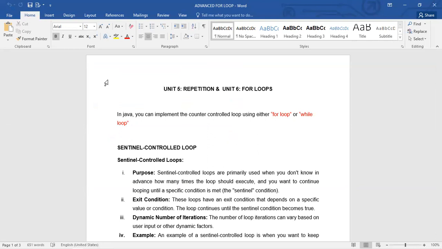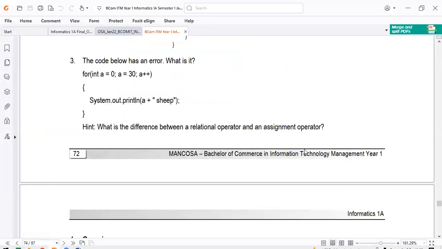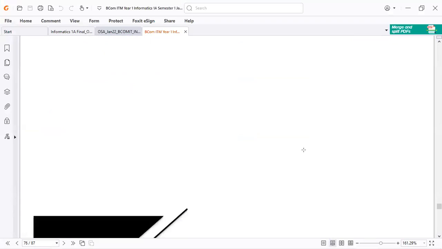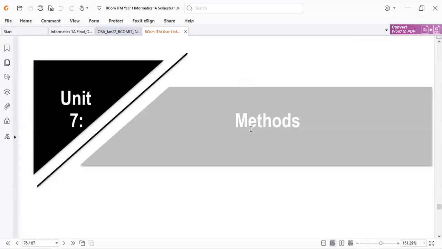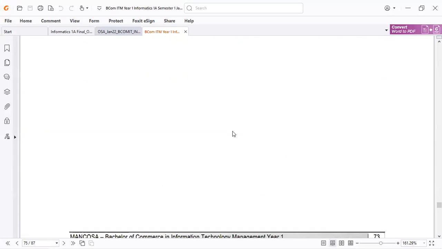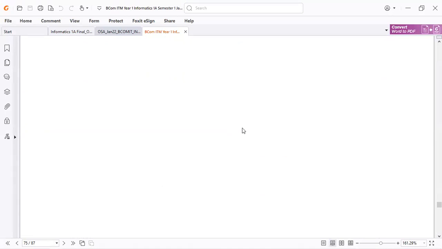We've covered all this. I'm sure the unit that is left now is unit number 7 on methods, right? We have covered unit 6 backwards.